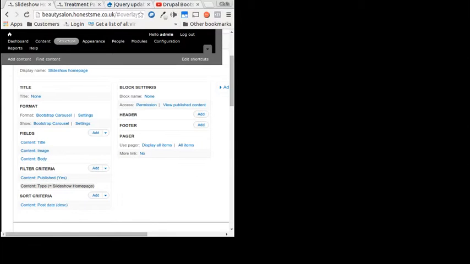Treatment description, and let's add another treatment page to see if there's any errors that appear, and I'm sure there will, because we haven't done a filter here. And by filter I mean on the view it's getting all images regardless of what page it's attached to. So if we add a treatment page,